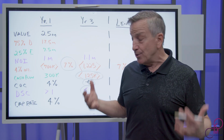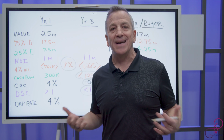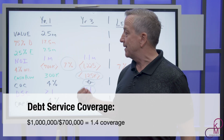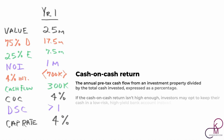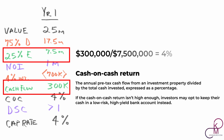So now the bank's looking at this $1 million is about a 1.3 debt coverage ratio. In other words, for every dollar of loan, there's 1.3 in income. Exactly like the example I just showed you. So this is a $300,000 cash flow on this property. This is about a 4% cash on cash. So what you do is you take your $300,000 and you divide it into your 7.5, and that is your